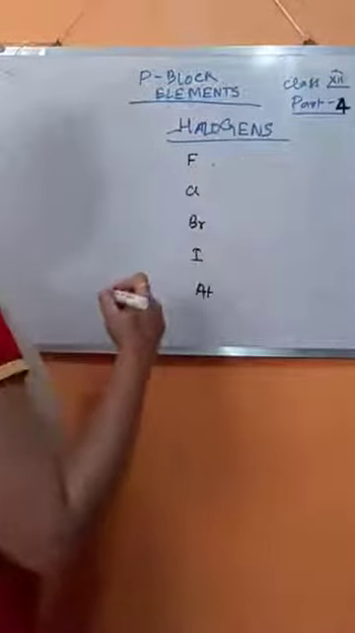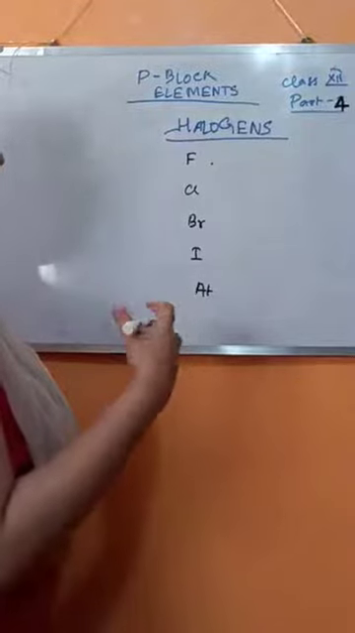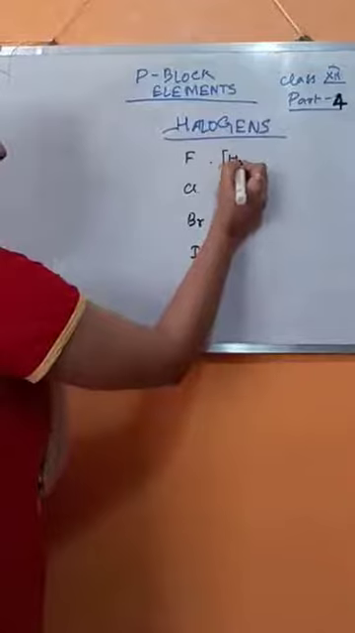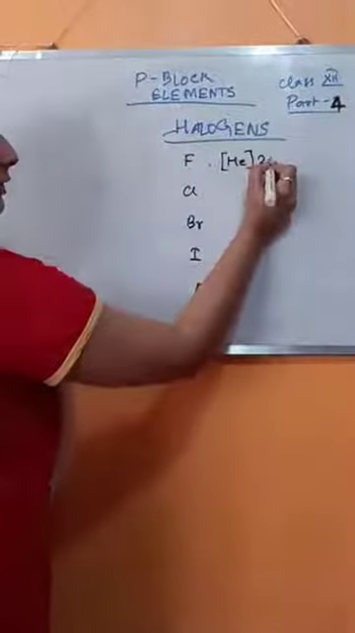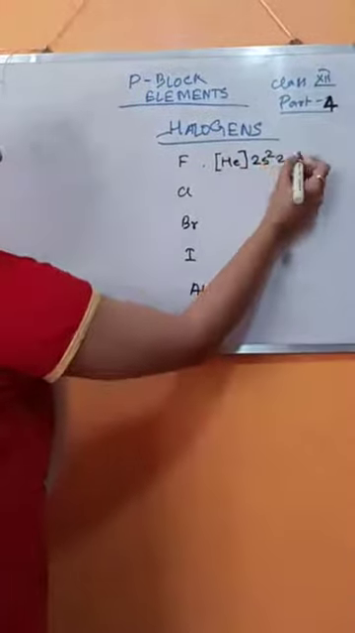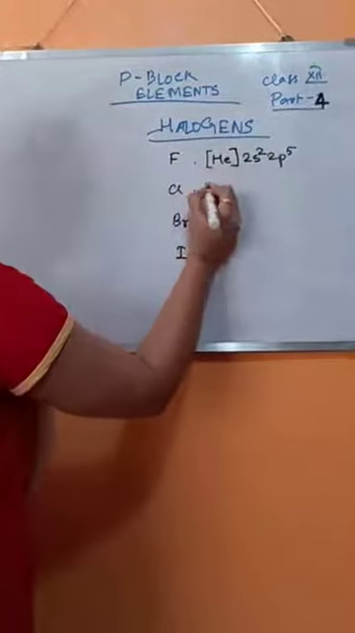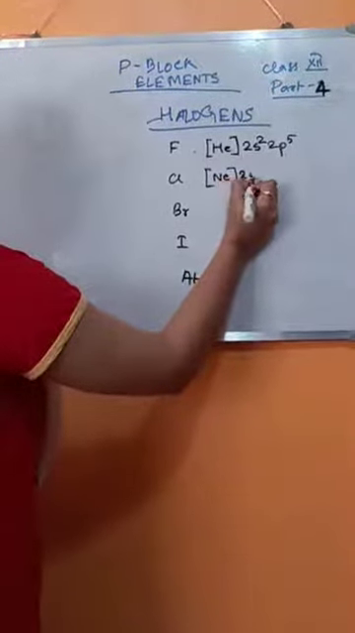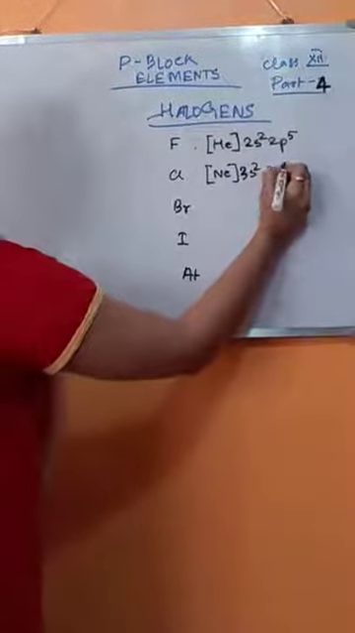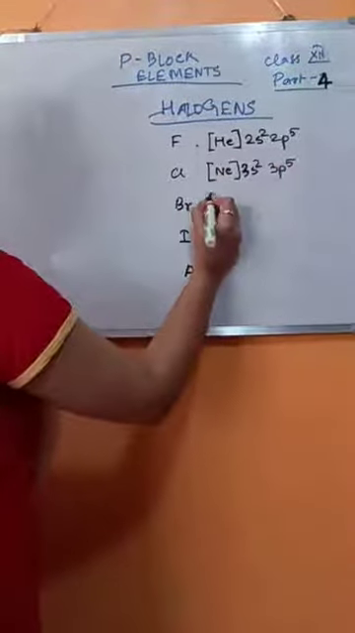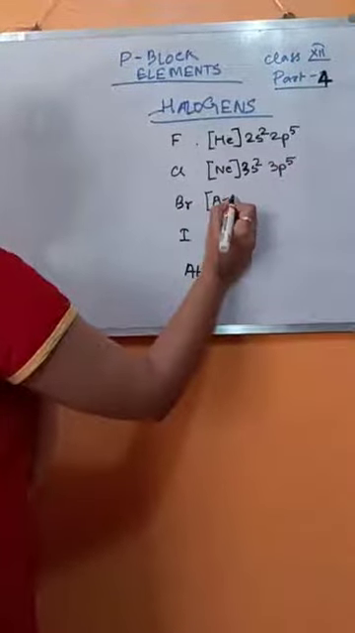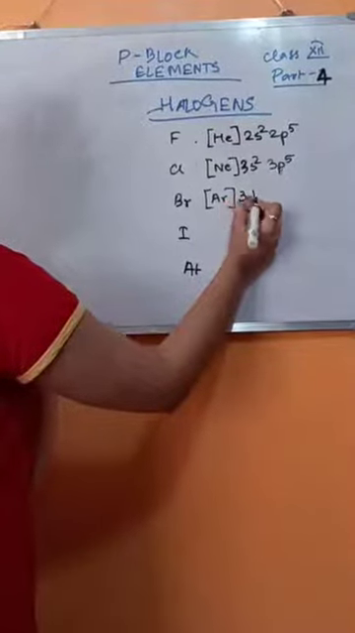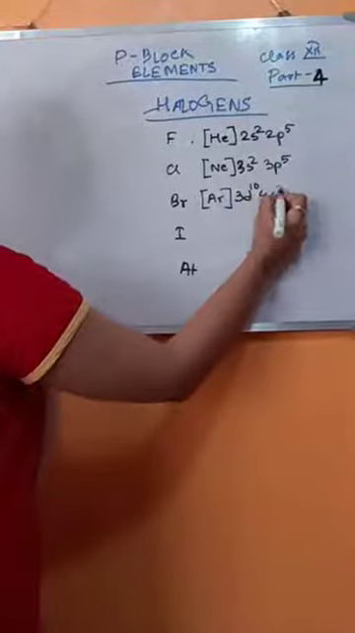What is the electronic configuration? I will write the electronic configuration with respect to the previous noble gas. For fluorine it is helium 2s2 2p5. For chlorine it is neon 3s2 3p5. For bromine it is argon 3d10 4s2